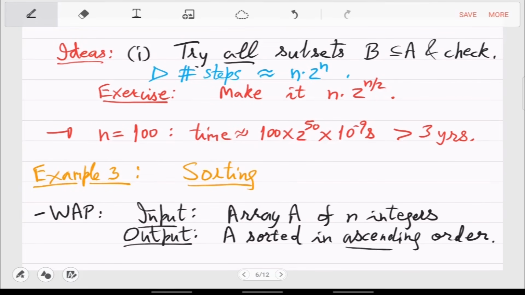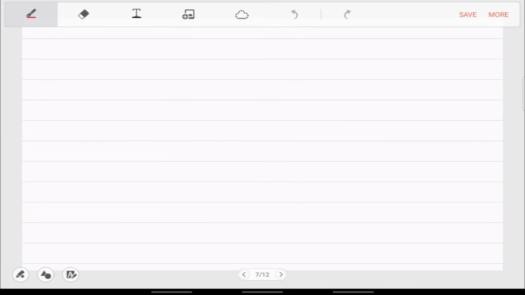So ascending means that the values in the array A, in the same array, you want to shift the values so that they go from smallest to largest. Yeah, so what are the ideas for this? Have you seen any algorithm? Quick sort. What did you say? Merge sort. Yeah, okay, so you already know the fast algorithms, so those are the fast ones.